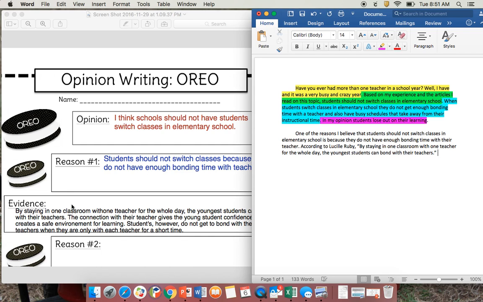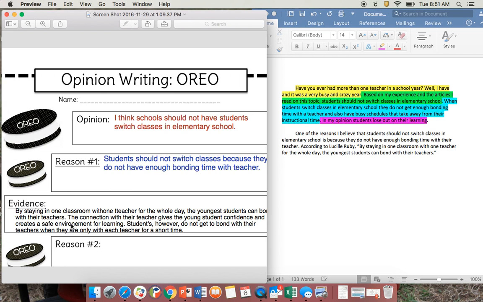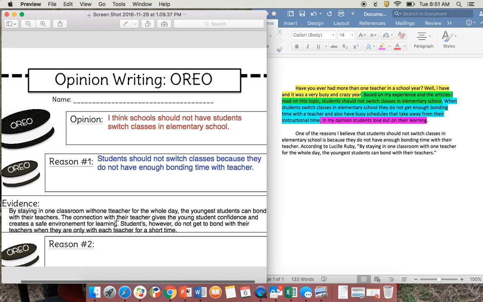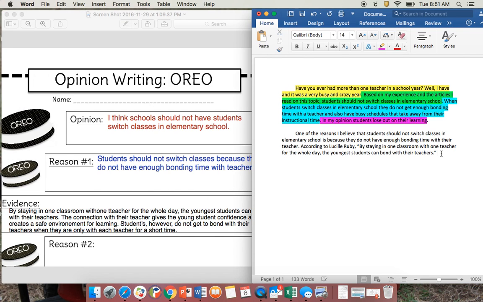Now I'm going to take that second piece of evidence, which is the connection with the teacher gives the students confidence and creates a safe environment for learning. I need to turn that into my own words. So I'm going to say, this allows students to have a deep bond with their teacher, which provides encouragement and "confidence"